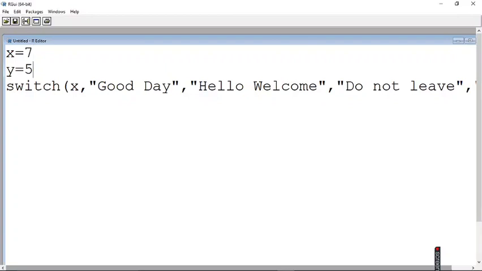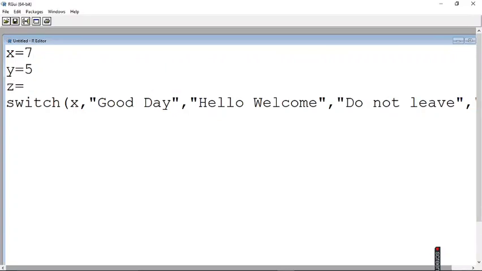Fine. And I am going to give a mathematical expression which says x minus y. Okay, I say z is equal to x minus y, and I can use this z value here. So you can also go for evaluating a mathematical expression. As I said, any switch case statement can be used for any expression where you can get some values apart from true or false.